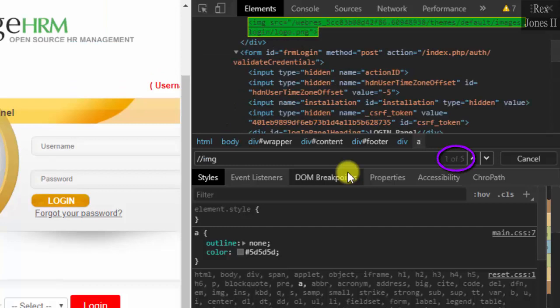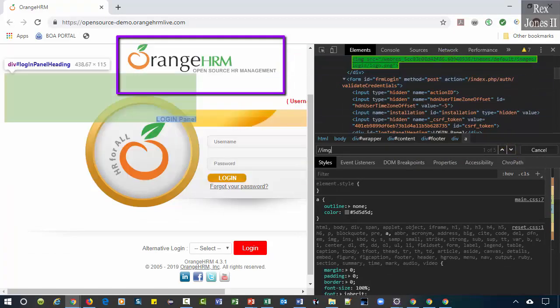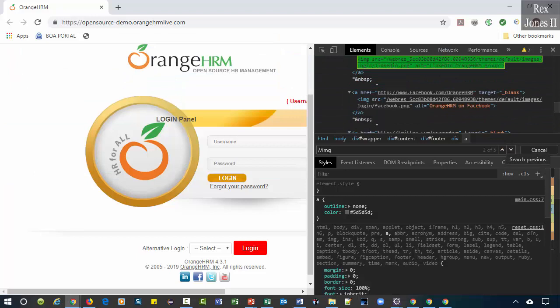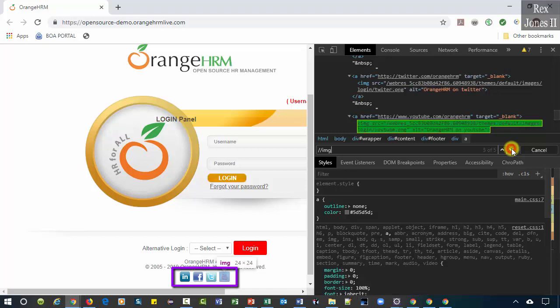There are 5 tags with IMG. Let's look at the 5 images. The first image is at the top, and the next 4 images are at the bottom: LinkedIn, Facebook, Twitter, and YouTube. Go back to Eclipse,